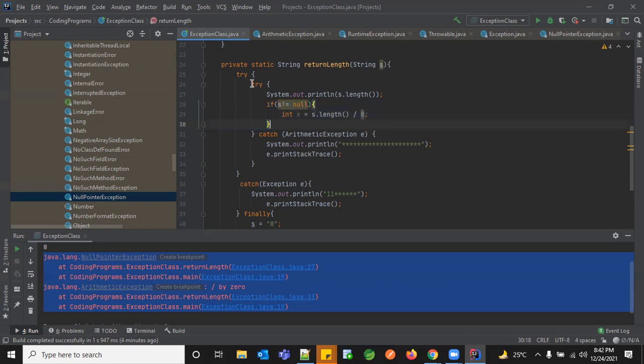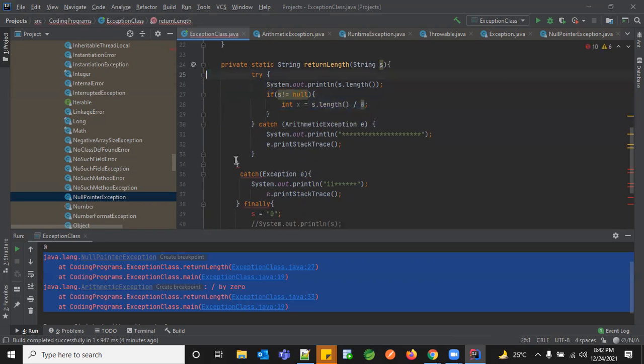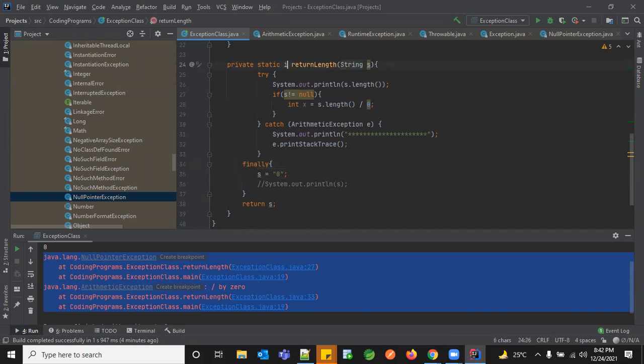Now, if you see, right now I have only one try catch block. So let me remove this. I'm going to return a string. So let me return this as int and have my x.